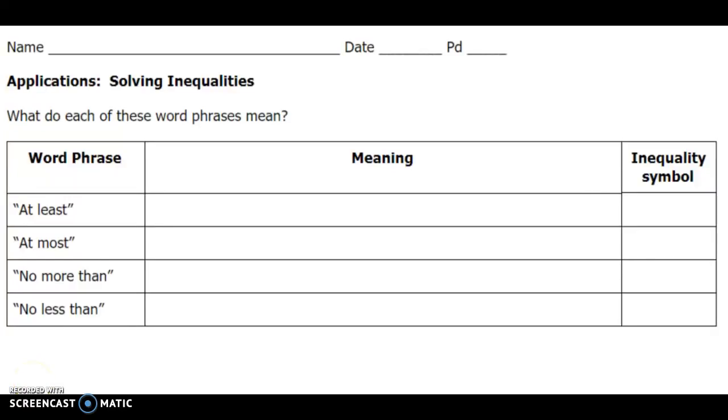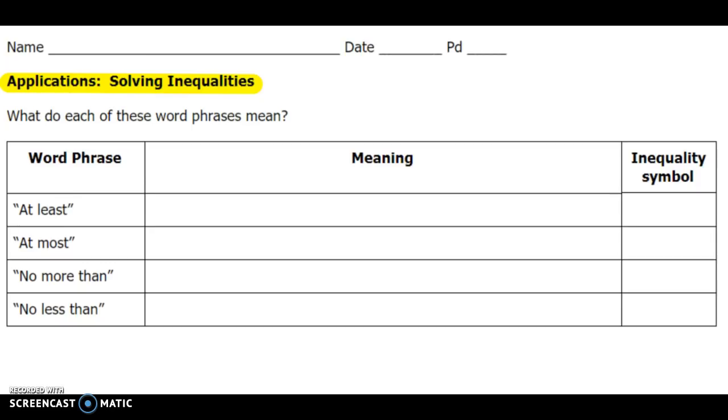So the purpose of this video is just to help prep you into writing inequalities from applications. You see that up at the top, that this is the application piece of our solving inequalities, because I can give you an inequality at this point and you can solve it. But the real question is, can you look at a real world scenario and create an inequality to go with it? So I wanted to go over a couple common inequality phrases that tell us which symbol to use,